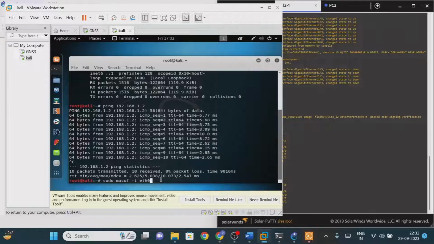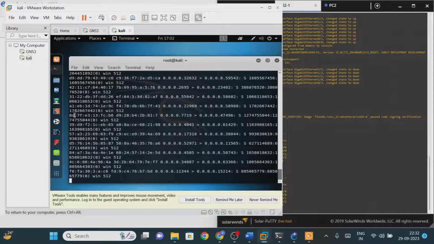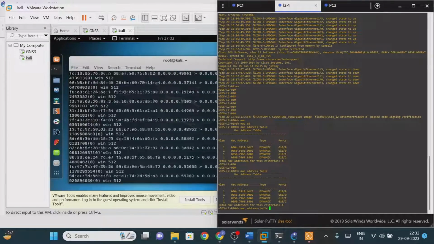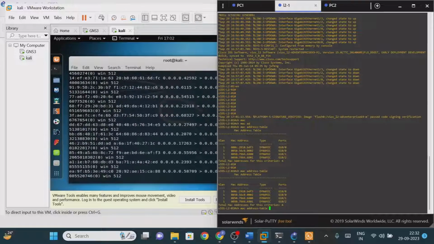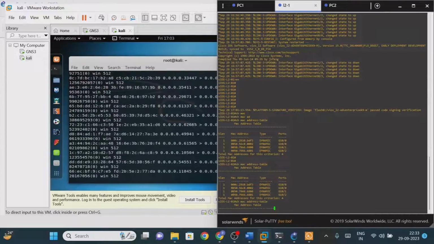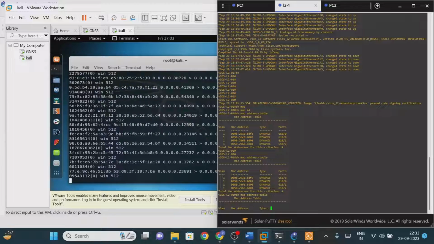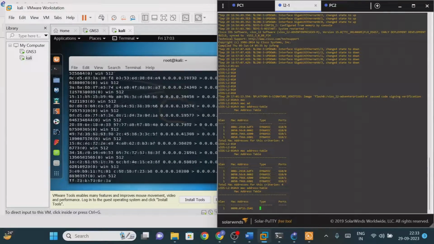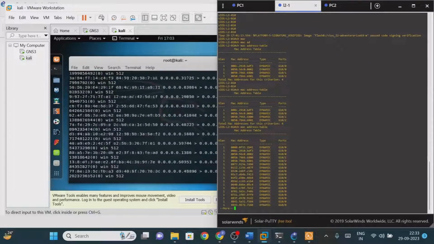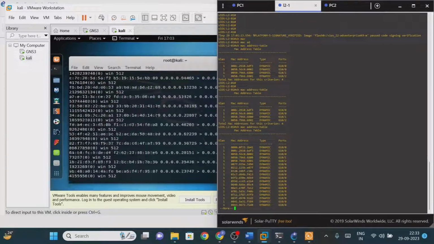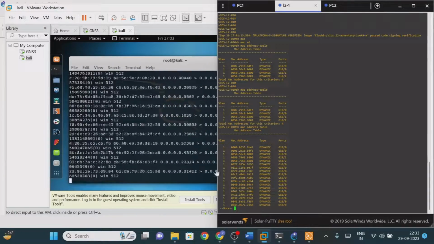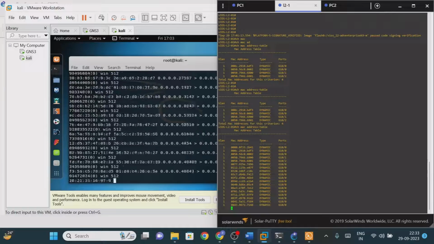Now I'm going to perform the MAC flooding attack. Just enter it. Now see that these many random MAC addresses are being generated. Next go back to the switch, then type the command show MAC address table. What is happening? See, it is randomly generating multiple MAC addresses which are injected into the G0/0 interface, that we have connected in GNS3. How many MAC addresses are coming? See, it keeps on injecting into the table.